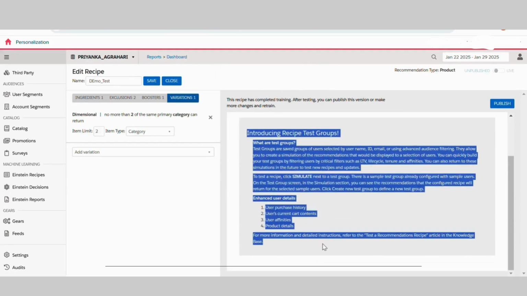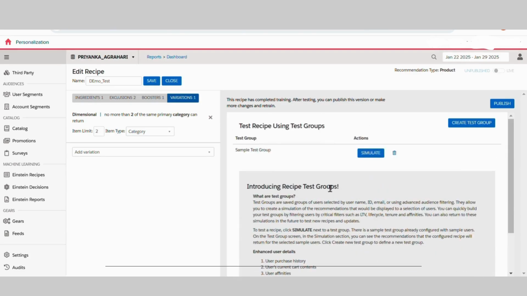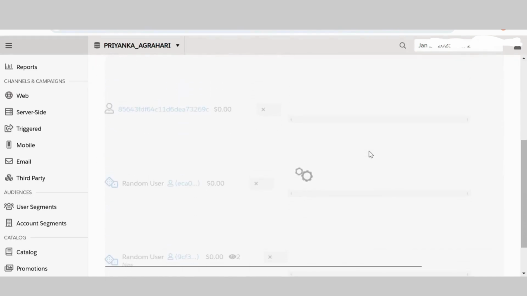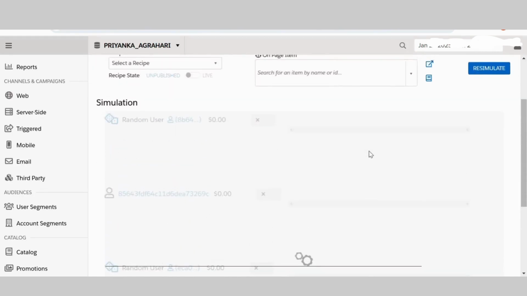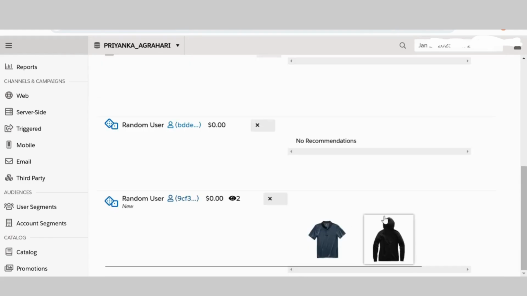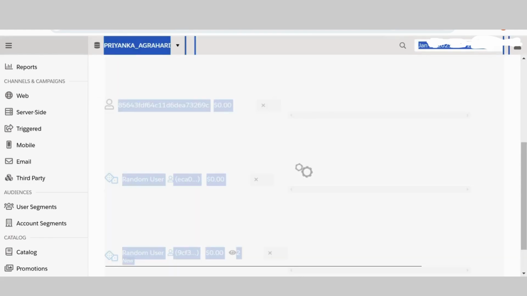Test your recipes in the fifth step: use test users to preview recommendations, conduct A/B testing to compare different recommendation strategies, and analyze performance metrics like CTR, conversions, and revenue impact. For the A/B testing, we create a test for the two most purchased or most affordable products. If the first one is the winner, then we go with that path. This is the recommended approach for A/B testing.